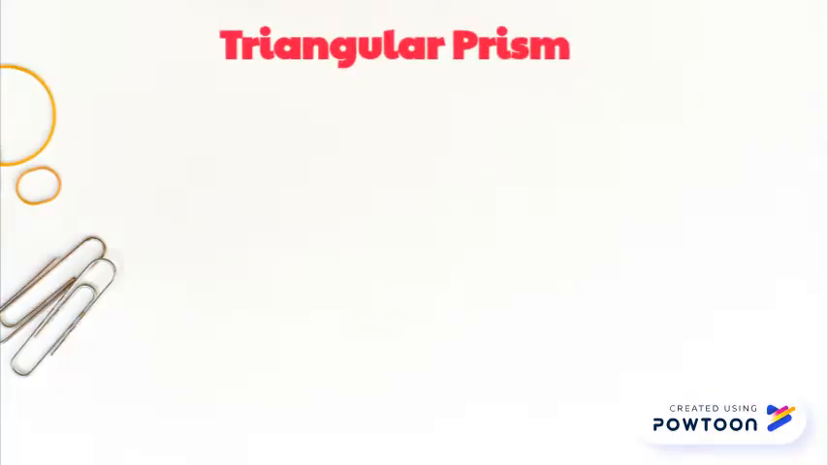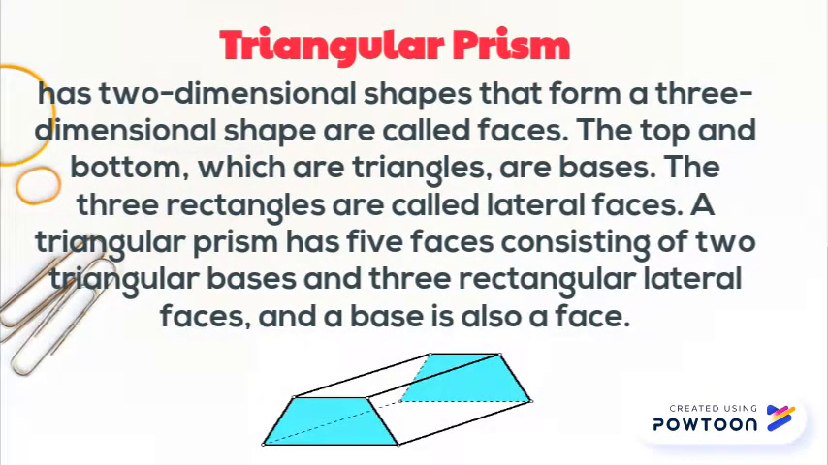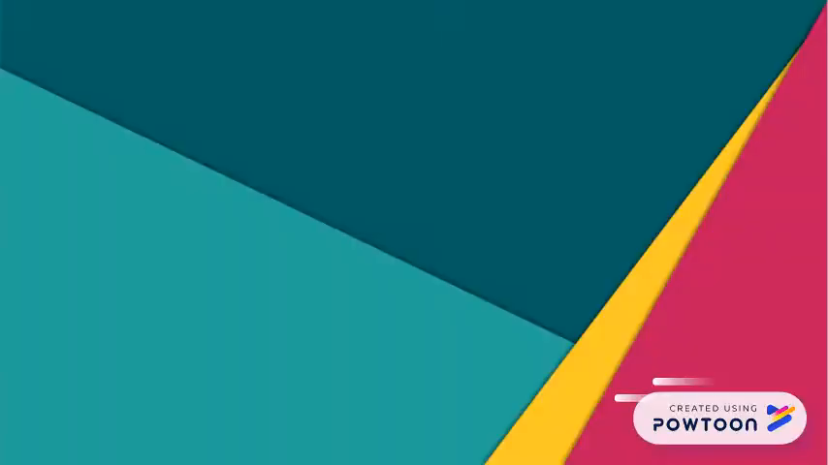A prism has two-dimensional shapes that form a three-dimensional shape, called faces. The top and bottom, which are triangles, are bases. The three rectangles are called lateral faces. So, a triangular prism has five faces consisting of two triangular bases and three